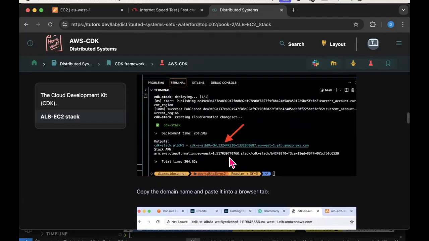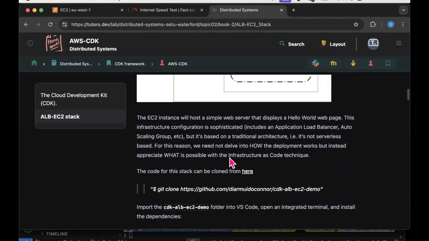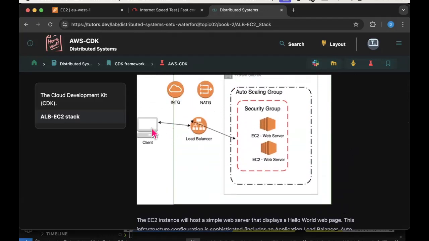Now, to prove that it works, if you just open up a browser: when an application load balancer resource is created for you, it has a domain name, which is generated by AWS itself. If we simply browse to that domain name, the request will be sent to one of my EC2 instances.